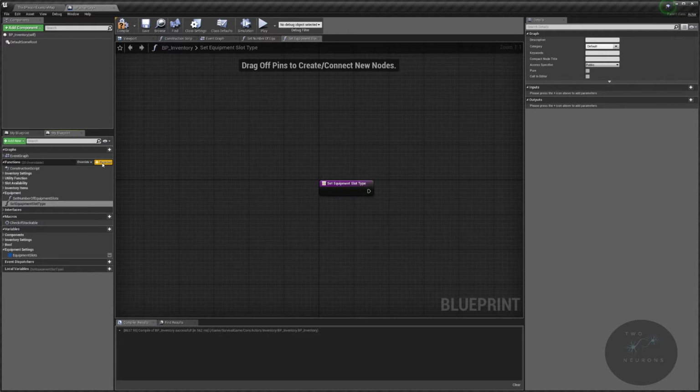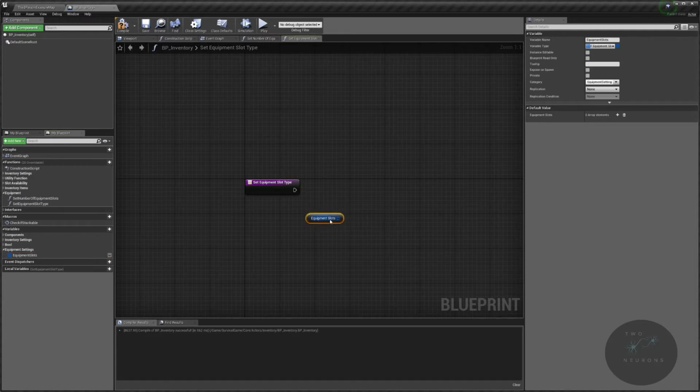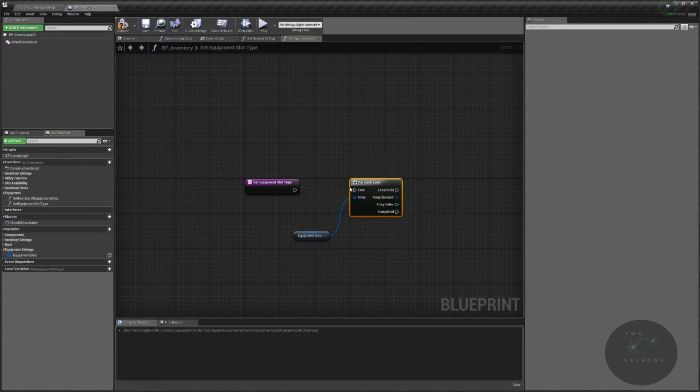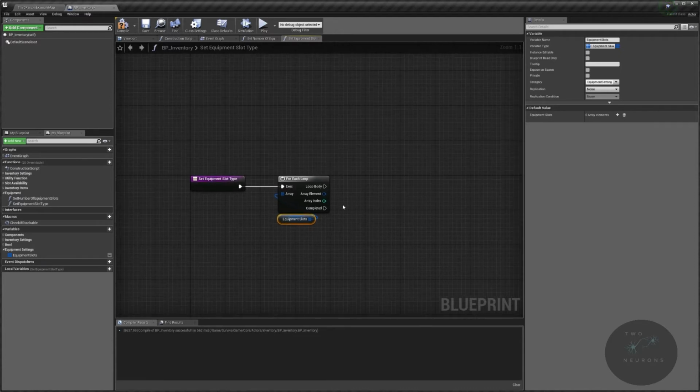Once in the inventory system and once in our UI. And what we're going to do here is get our equipment slots. We are going to do a for each loop. Now you could do a for loop instead of a for each loop, and we already know the length is going to be 6. Yeah, 0 to 6, or 0 to 7. And what we're going to do is